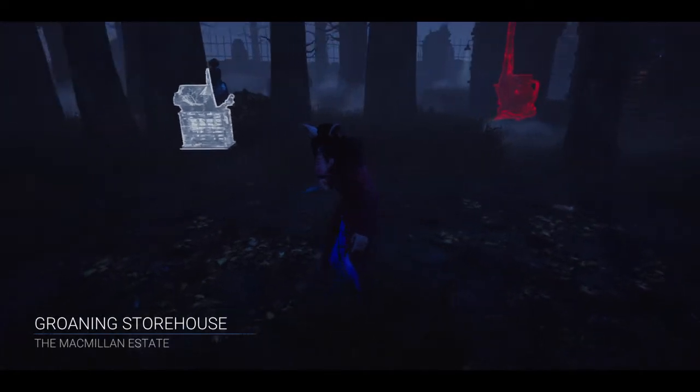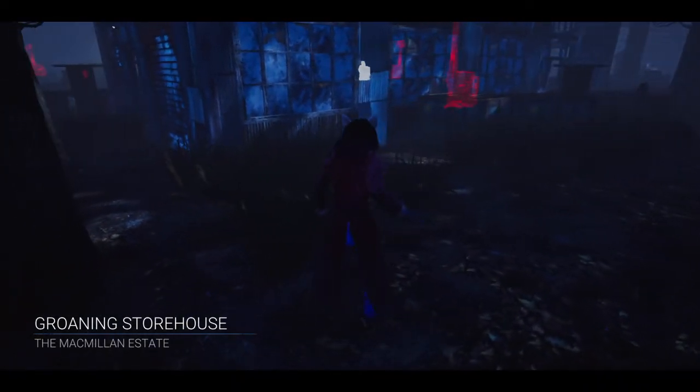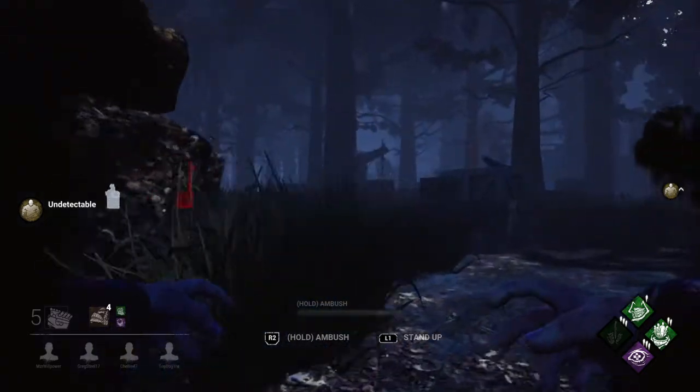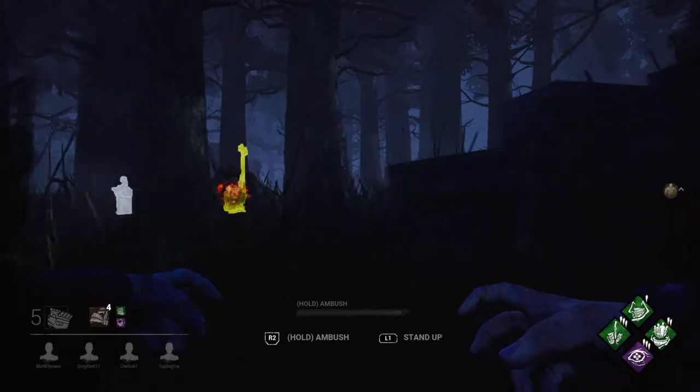As we are at the MacMillan Estate for this one. And, well, it's a nice dark map. We'll see if Discordance will give us... Yep. We already got somebody...